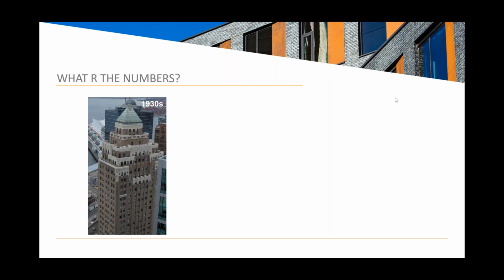So what we're going to attempt to answer here is the R value of each of these three buildings. I'm going to show three buildings, and we're going to make a couple of comments about what makes up the building enclosure, and then I want you to guess what is the total R value of the building's enclosure. So I'll circulate the poll onto the screen, and it'll be multiple choice.